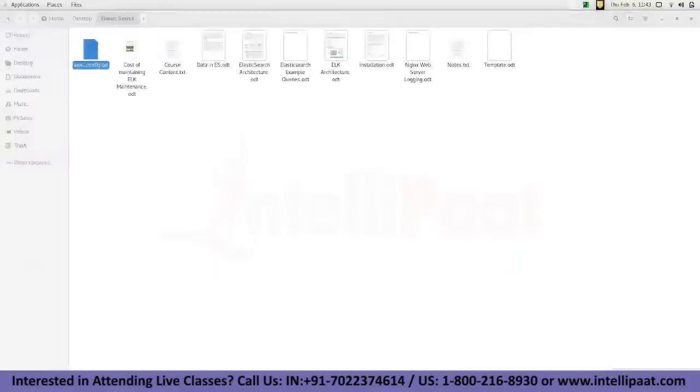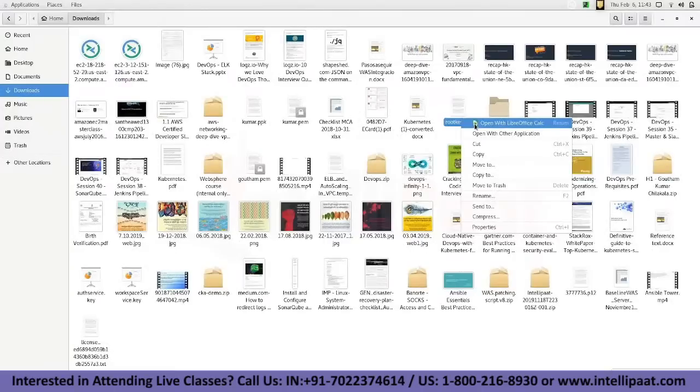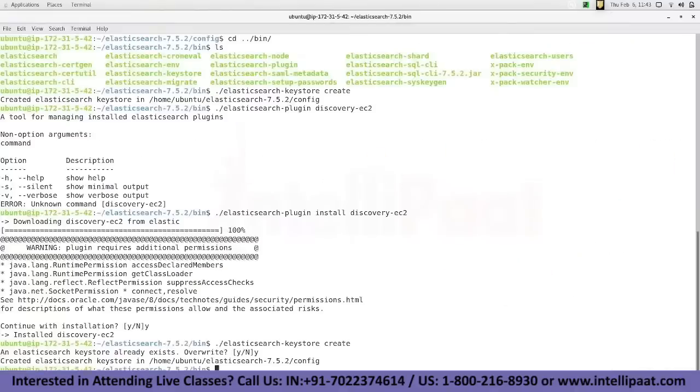So copy this access key and run this command to add your access key, which is going to be this: elasticsearch-keystore add discovery.ec2.access_key. So servers should discover each other. See, when you create a cluster, they should constantly discover each other. If they don't discover each other, they'll never know the status of the other nodes. So whether I should take over the duty of master, if the master is not available, all those things you should know. So I'm going to run the add discovery.ec2.access_key, and it will ask for your EC2 key